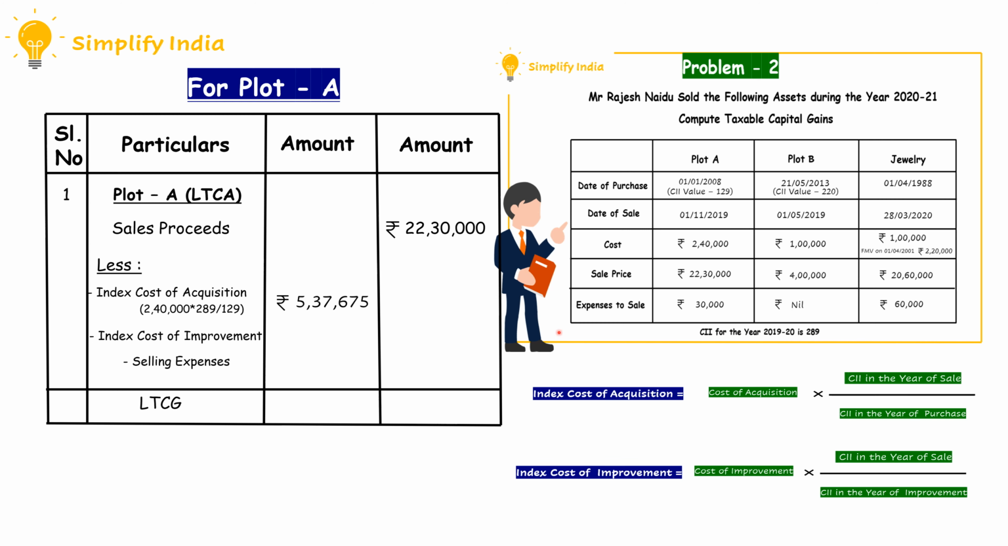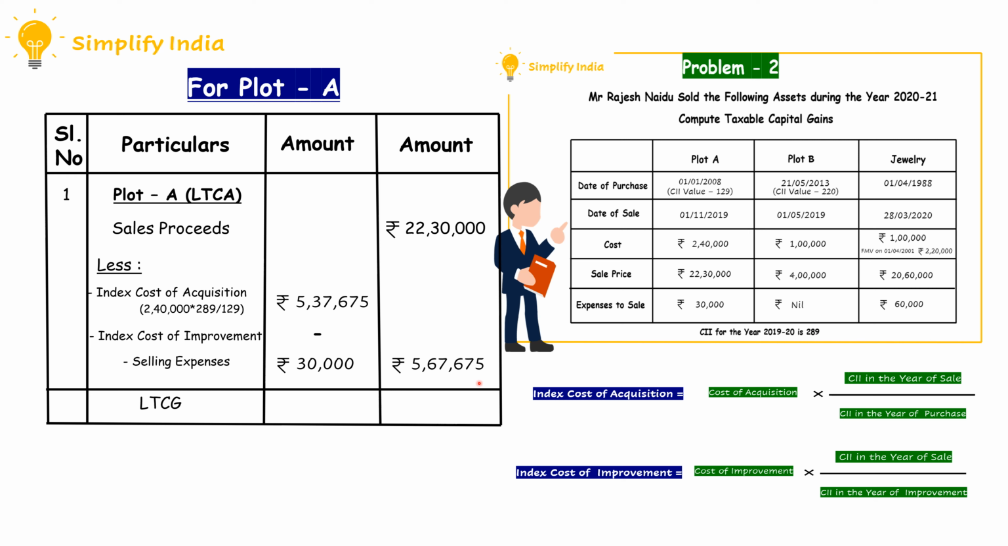And next we have to take the index cost of improvement. As for plot A, there is no improvement made, so we have to keep it as nil. Next we have selling expenses. As the selling expenses are given in the problem, which amount to rupees 30,000, we have to take it down here, and we have to add both of these values,